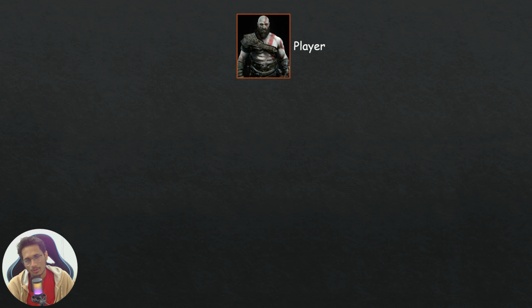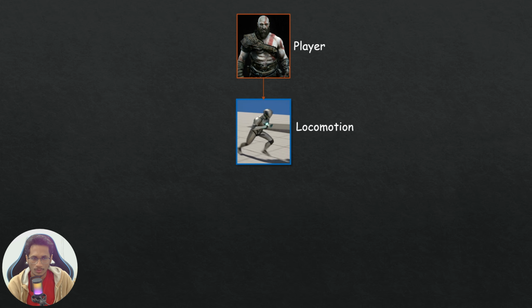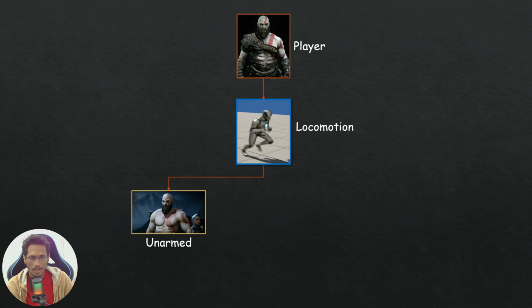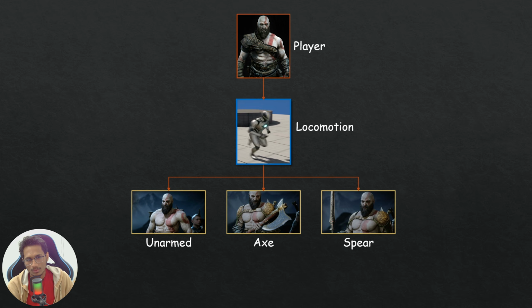Instead, we can create a shared system for common animations like locomotion or death or something else, and then customize only the animation specific to each weapon state. This is exactly what animation layer interfaces allow us to do. They centralize the shared animation logic while providing the flexibility to plug in unique animations for each state. This makes your animation setup much more modular and efficient because you do not have to implement the same